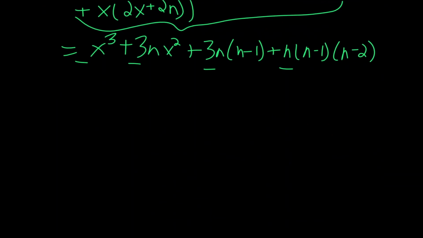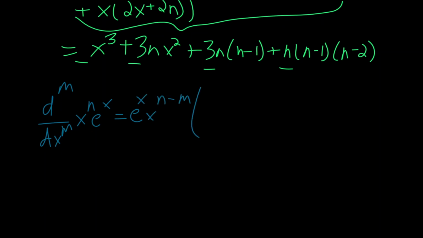So generalizing this to the following rule, we can postulate that the mth derivative of x to the n times e to the x is equal to e to the x times x to the n minus m, and then times the sum from k equals 0 all the way up to m of